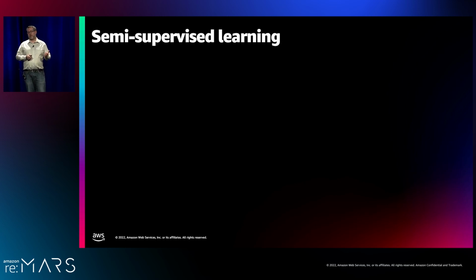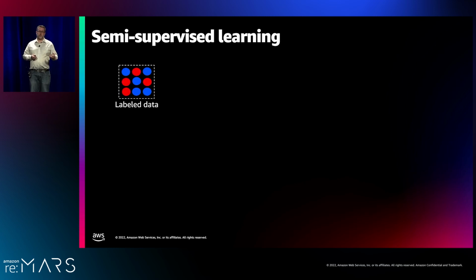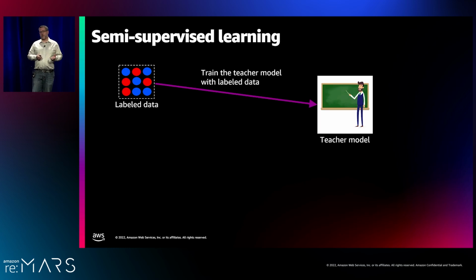And it's called semi-supervised because we still use a small amount of human-labeled data, but we combine that with a much, much larger set of machine-labeled data to train our models. So I'll walk you through how that works. So here we start with this small amount of human-labeled data. And what we're going to do with that is we're going to use that to train what we call a teacher model. So a teacher model is a more accurate model that makes better predictions than our production model.